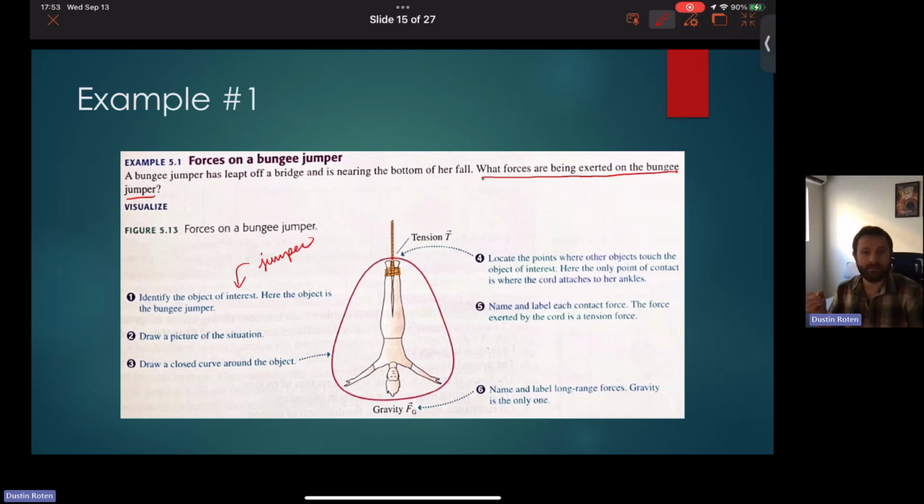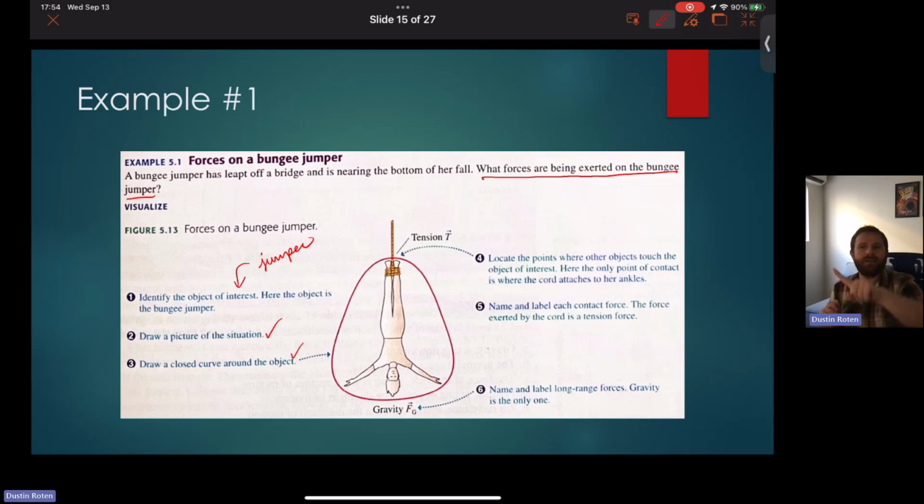Well, we done that. We identify the object. Now we draw a picture of the situation. Luckily, the textbook's done that for us. Okay, picture done. Now we draw a closed curve around the object. Okay, so that's our red line here. Once we've done these three obvious simple things, this is where it starts getting a little